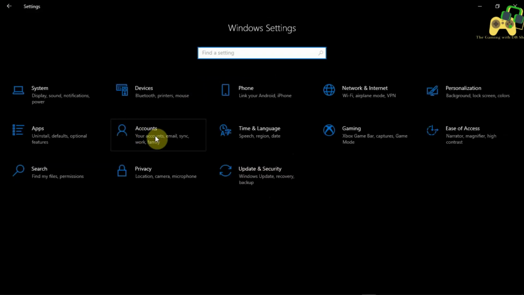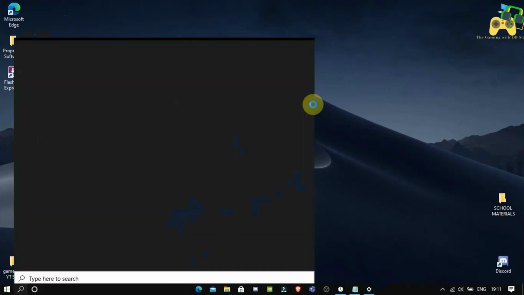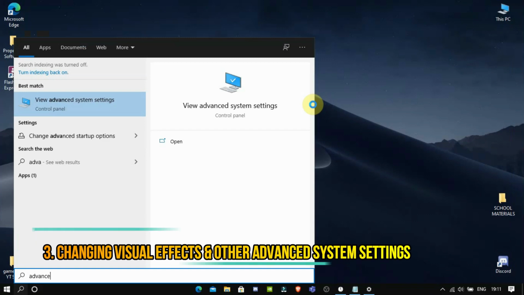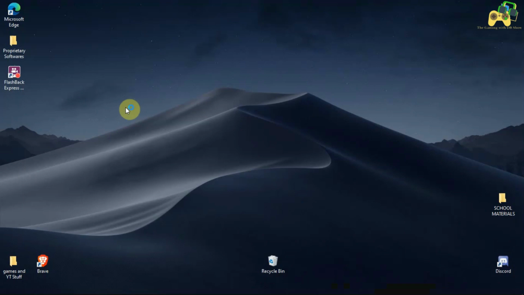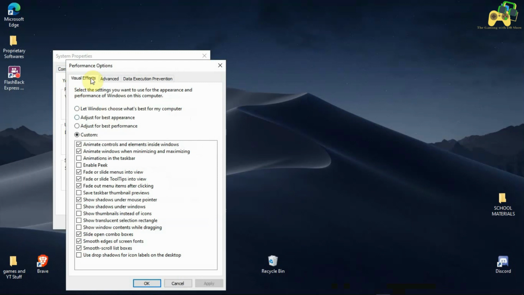We are done here, I think so, with the Windows settings. So moving on to the next step. First thing you want to do is go to the search bar by pressing Windows key plus S if you are a Windows 10 user. Then you want to go to advanced system settings, and then you go ahead and click here. So let it load, and you can see there are various tabs. You need to go to the advanced tab, and then go to the performance settings, and first we'll do the visual effect settings.